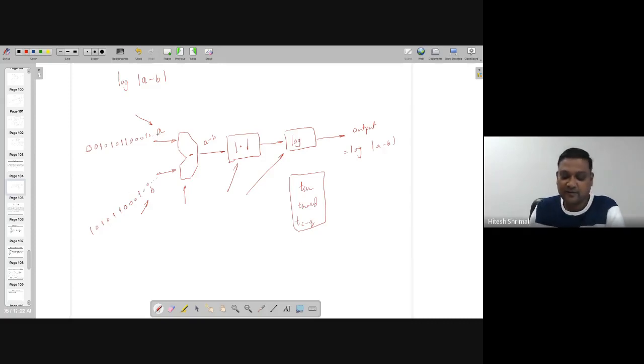It does not stop here. So the output is not a static value. It's a value which is changing with each clock. So you need to use a register which stores the value at a given clock, and then you can perform the rest of the things. And in that case you have to make sure that this clock period is much higher than the setup time, hold time, and the contamination delay. So that is one of the challenging tasks, because you have to take care of all of them together,